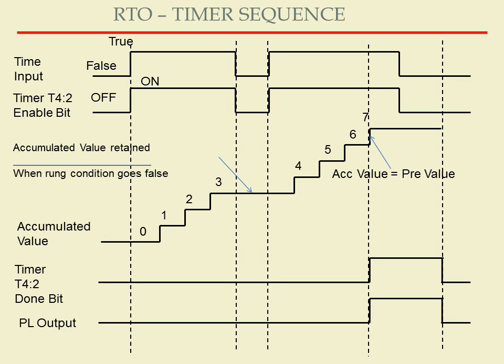See carefully, when the power resumes, it starts from the accumulated value, that is 3. Until now it has timed up to 0, 1, 2, 3. So 3 will be retained, and when the power is on, it starts from 4, then 5, then 6, then 7, like this. But in the case of a non-retentive timer, that is the on delay timer, it will go to 0 again. But in this case, that is RTO, retentive on delay timer, it will start from 4, not 0.